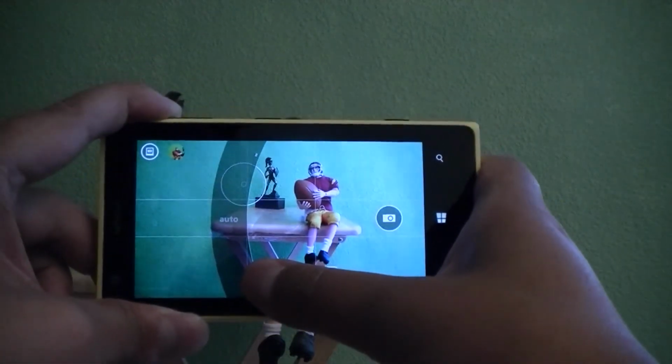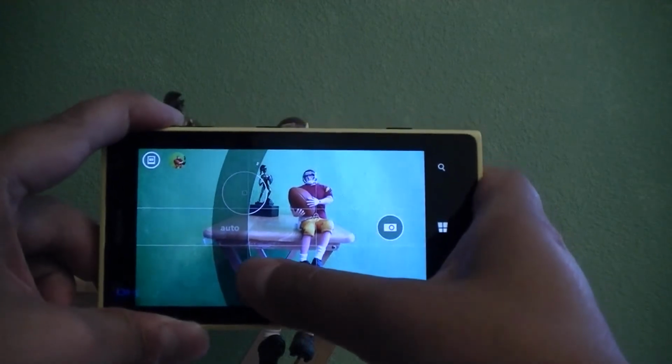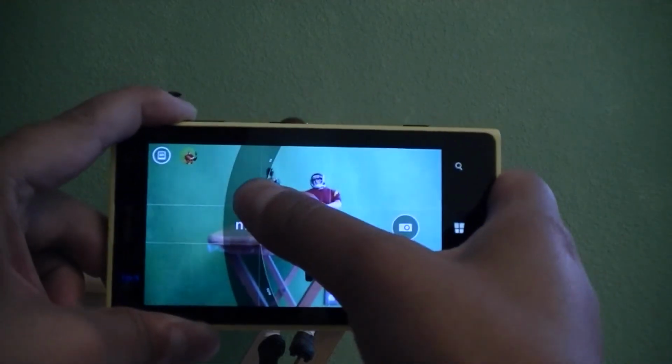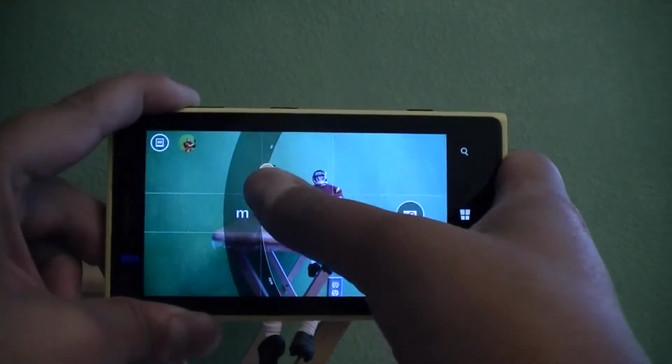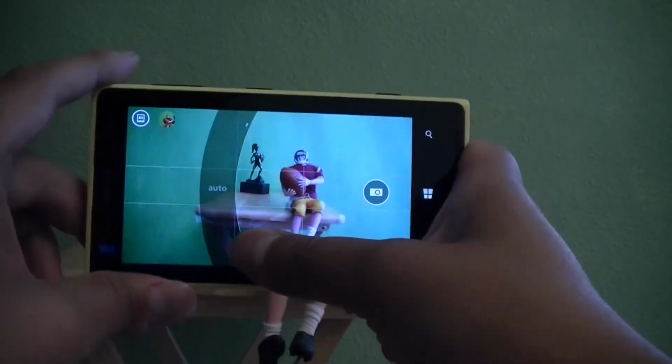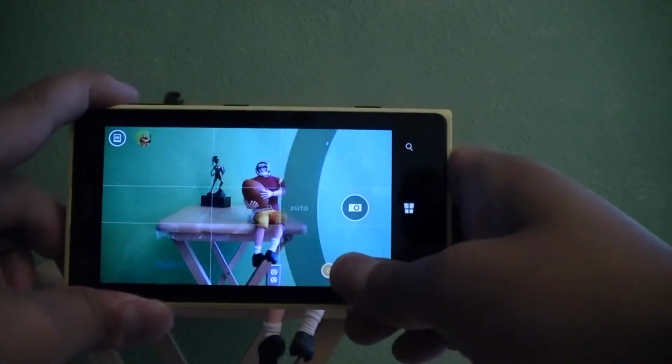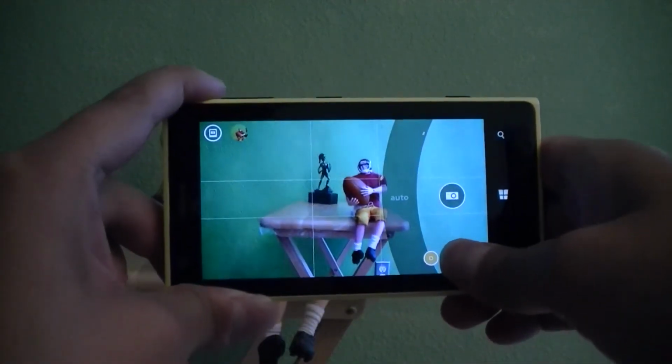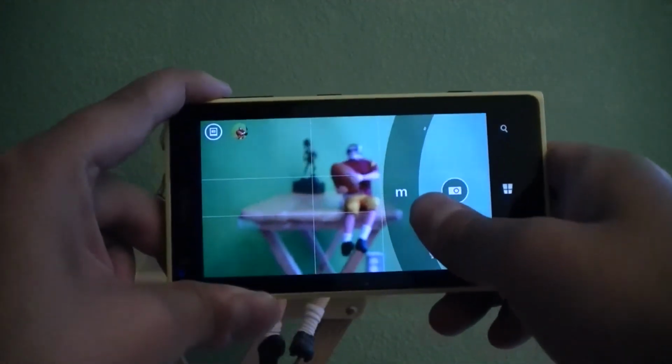And once you tap and hold on it, it will give you options, and you can go ahead and manually focus just by sliding it up and down. As you can see here, my finger is blocking the scene, so I can go ahead and slide it over so you can see better what I'm trying to do. And once I go ahead and slide it in,